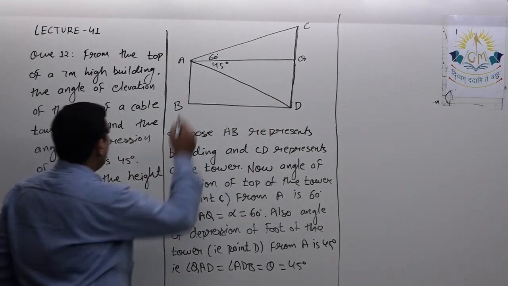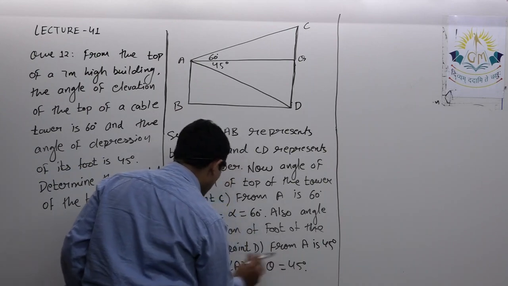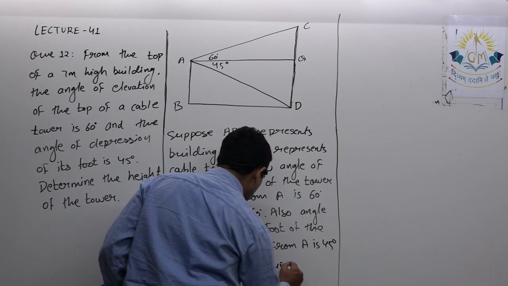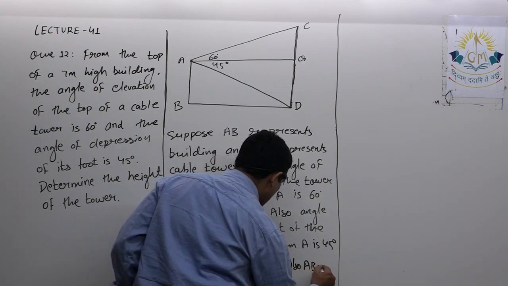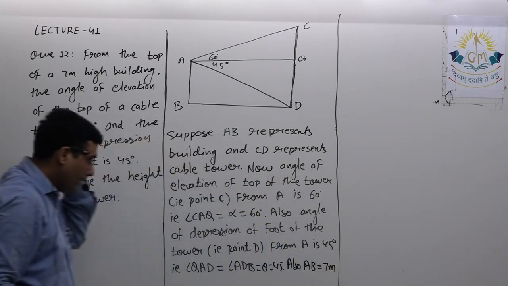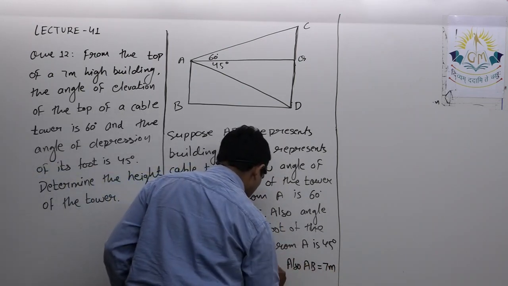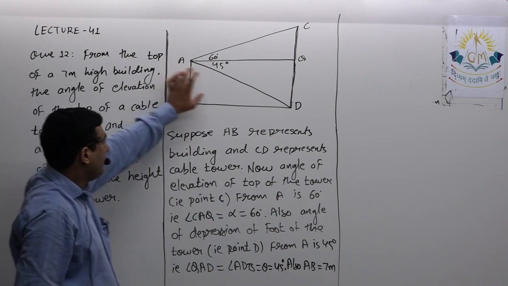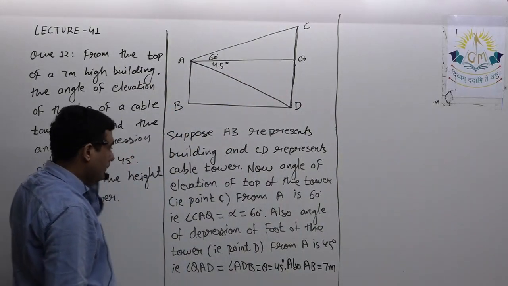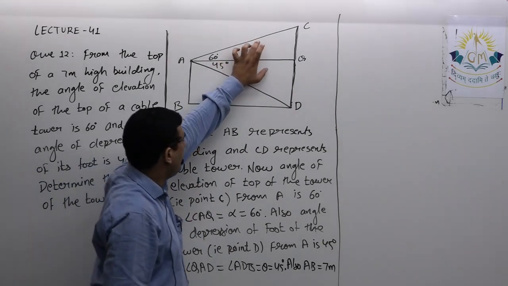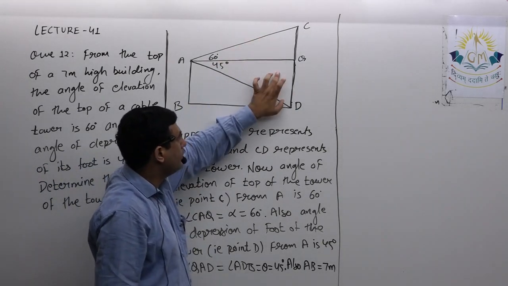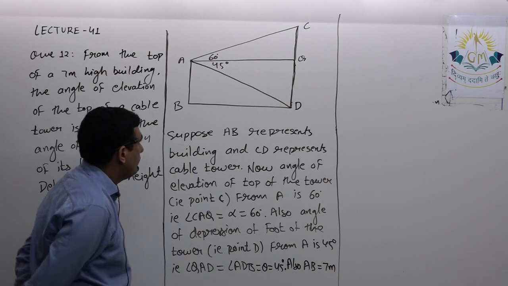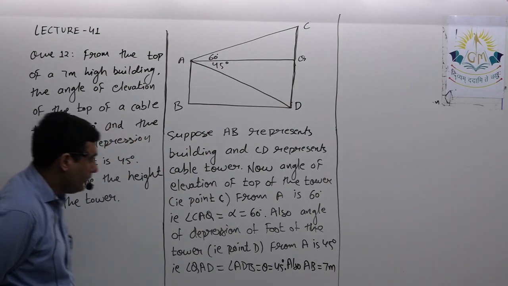Now it is given that AB is equal to 7 meters. Here I am writing theta is equal to 45. Also, AB is equal to 7 meter, that is also given to us. That means AB is 7, so I can say QD is equal to 7. So when we apply the trigonometric ratio over here and here, you will get CQ, and QD we already have, so we'll get the length of CD. So try for a while, then I will give the solution.